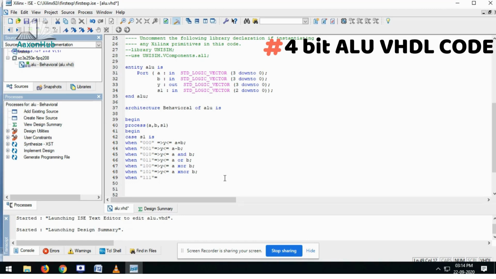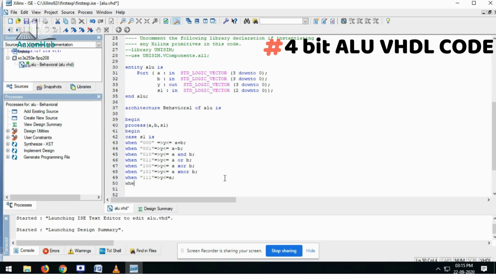This is nothing but the ALU pass case. The ALU pass case means whatever input is there, the same appears at the output. That's why it is known as pass. So in this case, let's say A: whatever A input is there, the same will remain at your output.